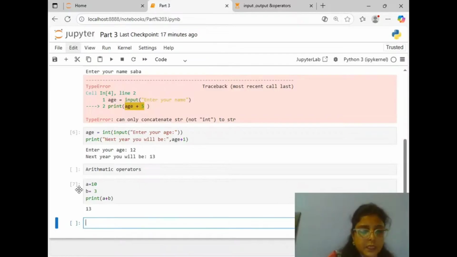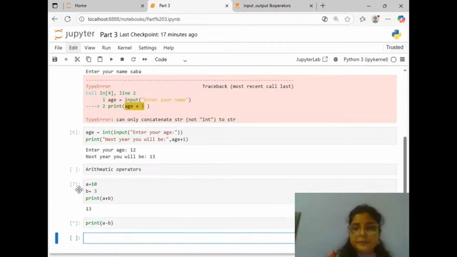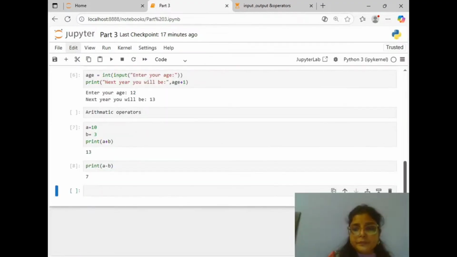Now, I will use the subtraction operator here. So print A minus B. Shift enter, 7. The output is 7.